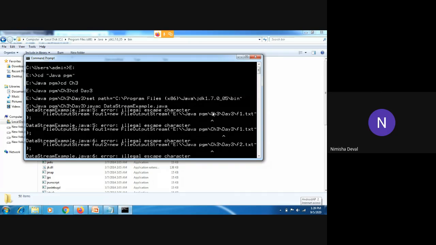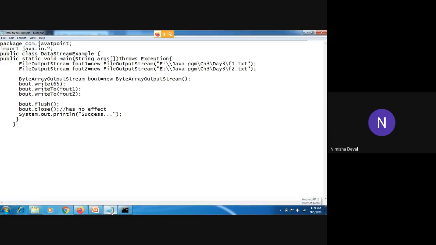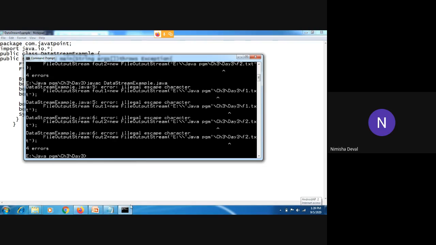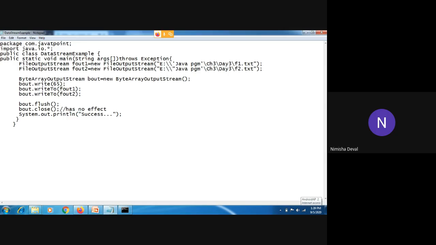While giving the path, first check properly. Okay. Sorry, I have mentioned the single quote.